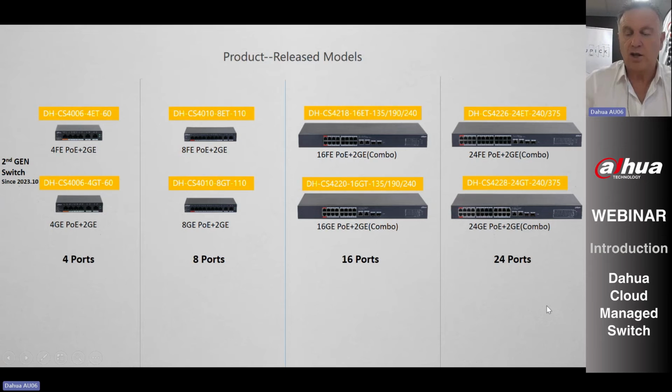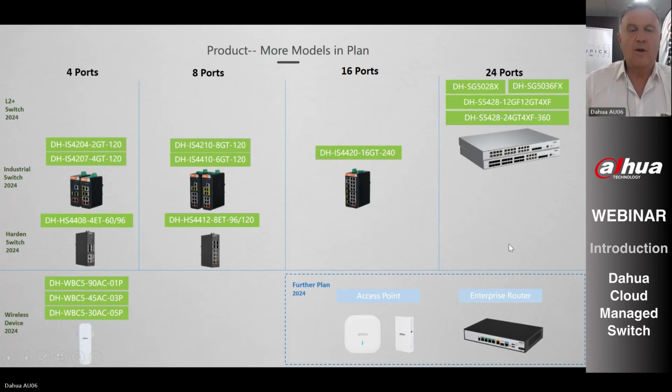Just clicking on to the next slide now. So the products: more models in the plan, 4 ports, 8 ports, 16 ports, to 24 ports, or specific L2 switches. That's layer 2 plus switches, industrial switches and hardened switches. Those mean hardened switch and industrial switch, if you've never come across those before, those are particular switches for heavy duty applications,